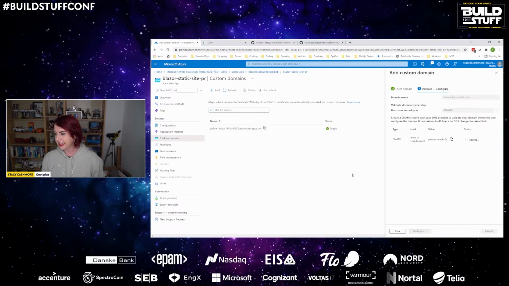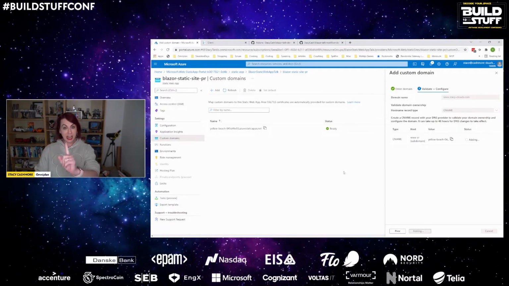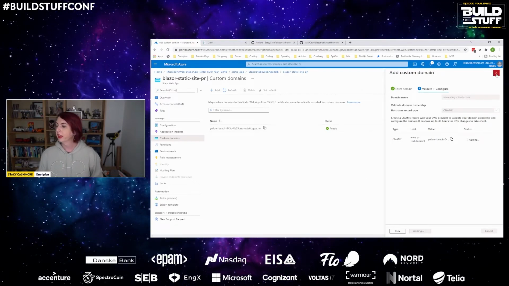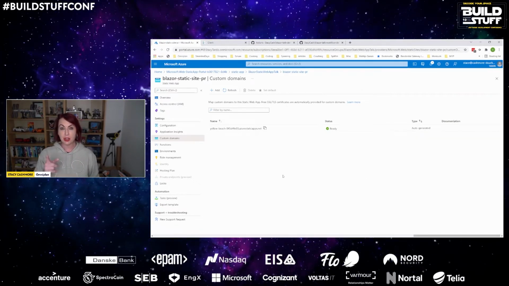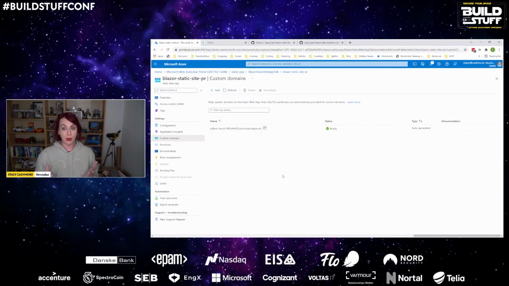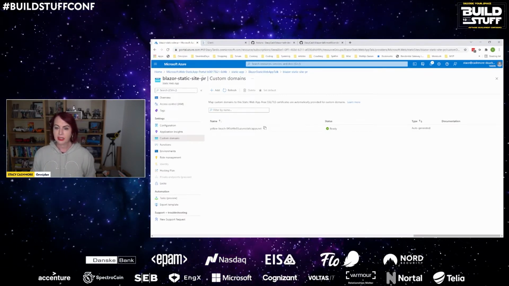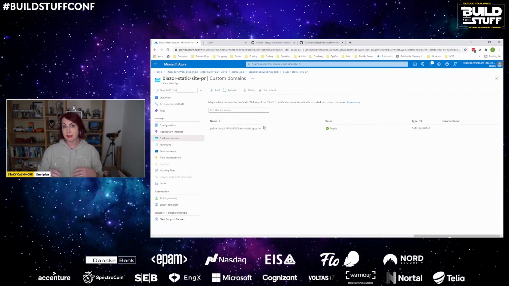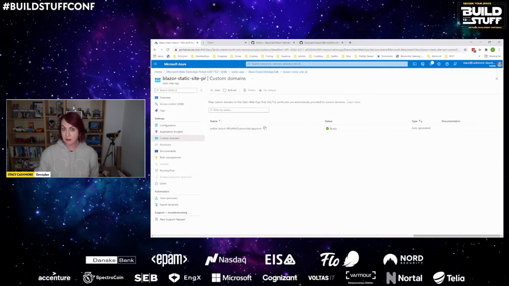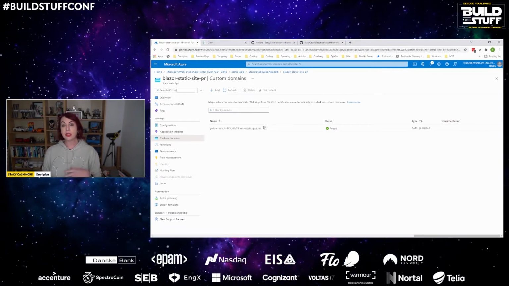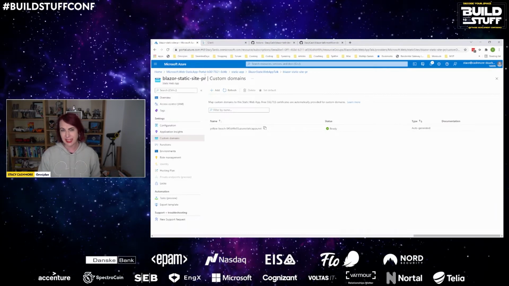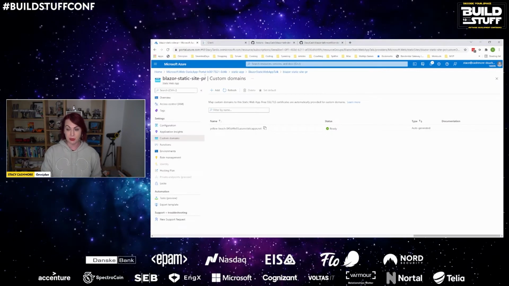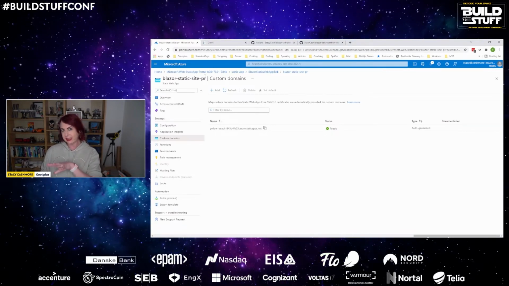And if I add this now, there is a chance, so far I've got about an 80-20 hit rate on this, that this is going to get set up in time and I can show you this running underneath my own URL. Now, if you don't have things set up, you're going to get a couple of different error messages. Either you're going to get an error message saying there is no CNAME for this account, or you're going to get one saying there's a CNAME, but it's not pointing to this app, so you can't use it. They're reasonably descriptive, so if you get it, you can kind of check what you need to do. This can take time.